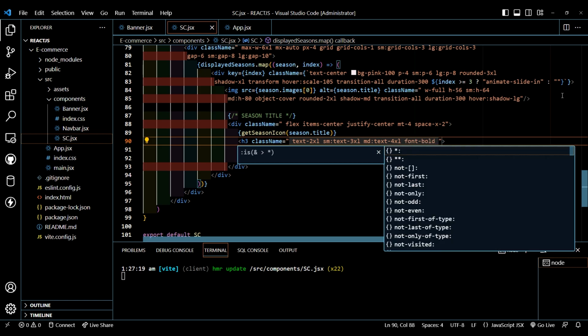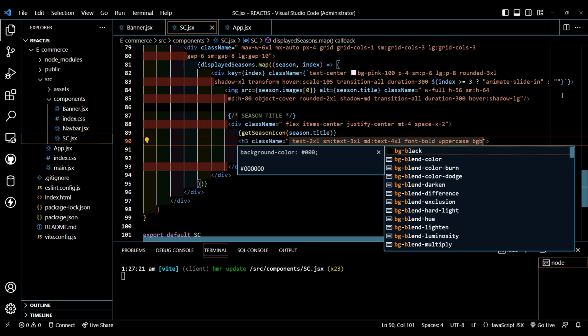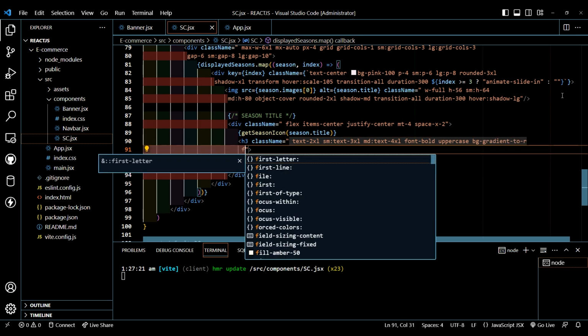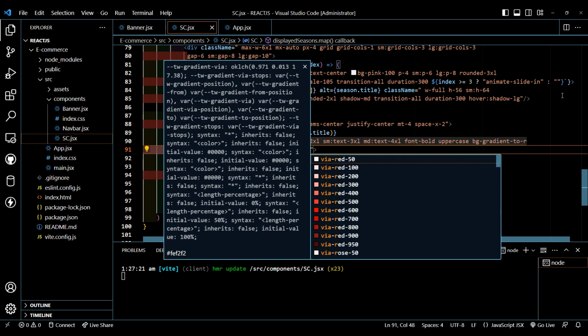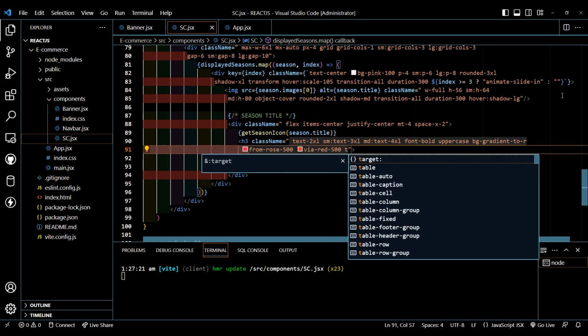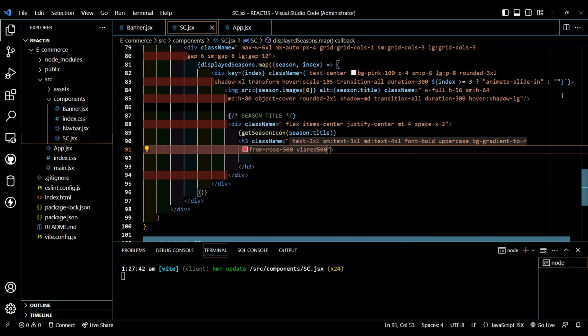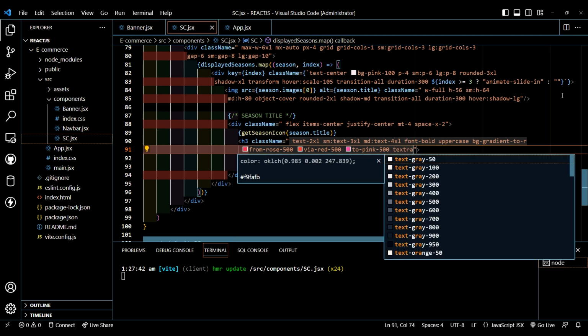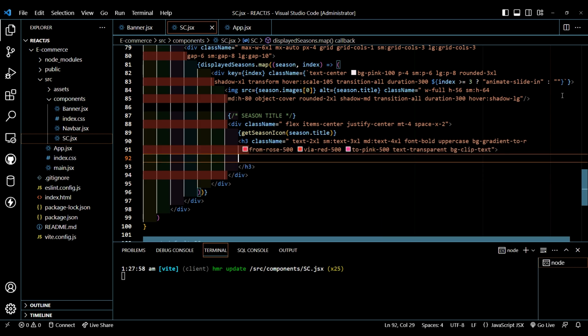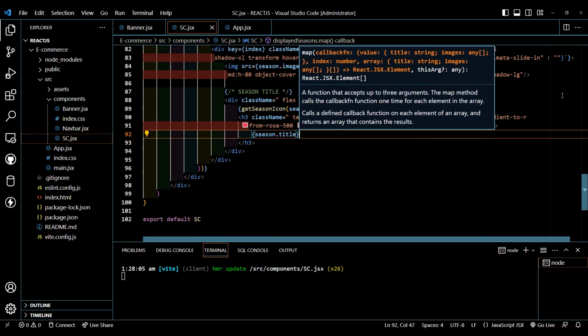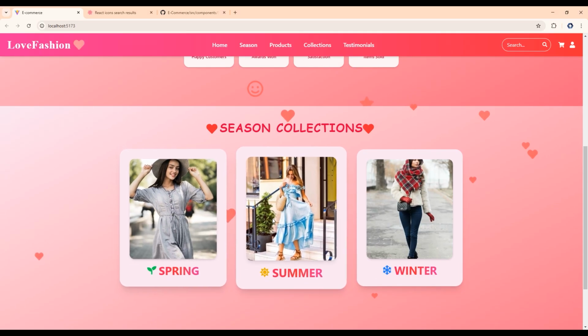Font will be bold, uppercase, bg gradient to right from rose 500 via red 500 to pink 500, text transparent, bg clip text, season.title. Now go to Chrome, and now as you can see,